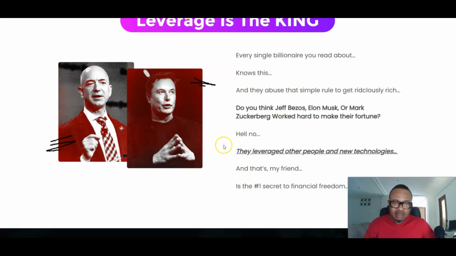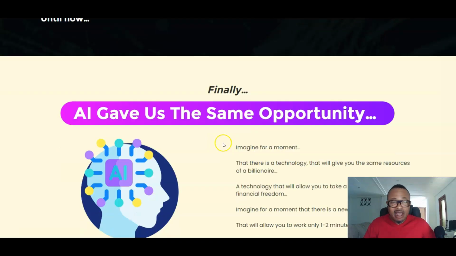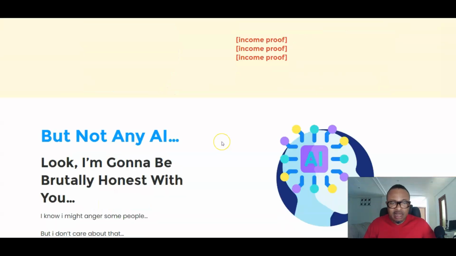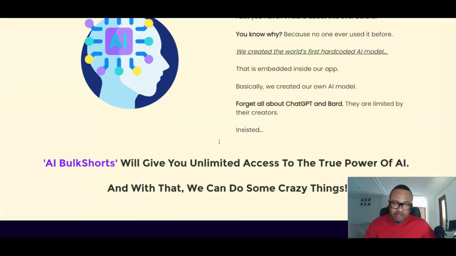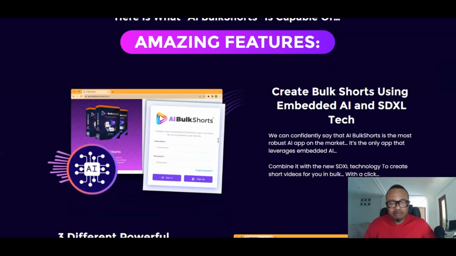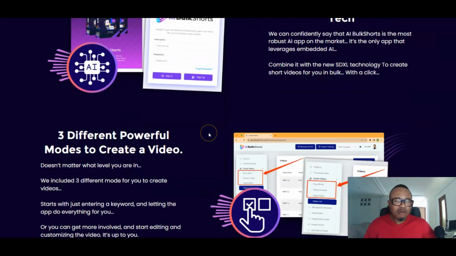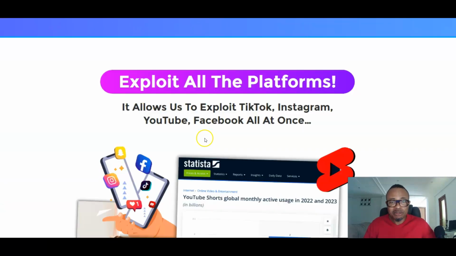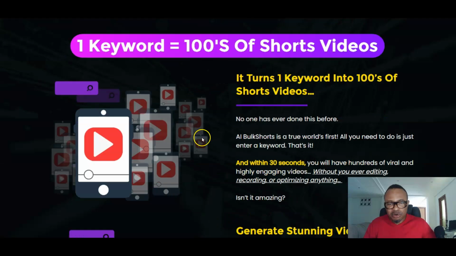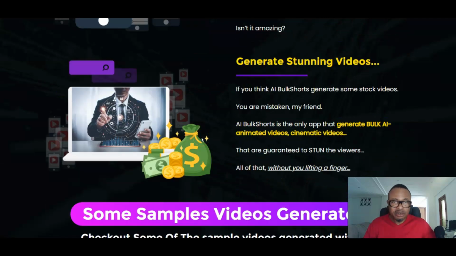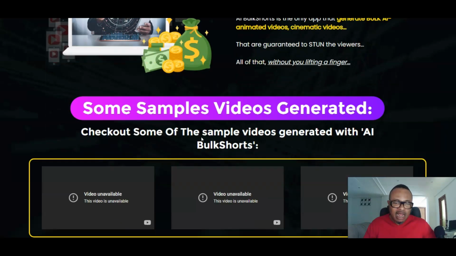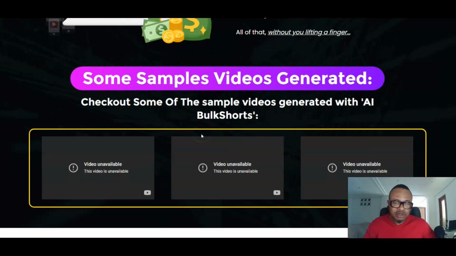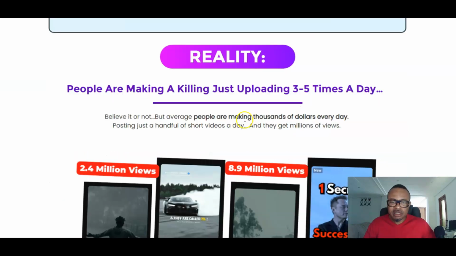So that's why I like some of these AI applications, because they make life easy, and of course make you money, to be able to be independent and stop going to these 9-to-5 jobs that normally leave us unfulfilled in life. So that is the essence of the reasons why I am in this review business, to bring out products that can help anybody who is serious about getting paid online. I mean, everybody's online, as you can see. So this is one instrument that is going to help you.